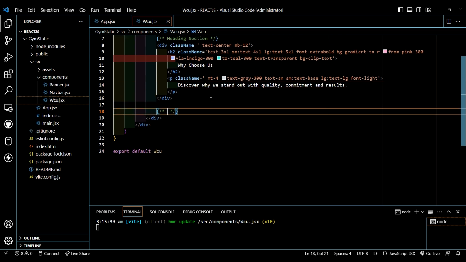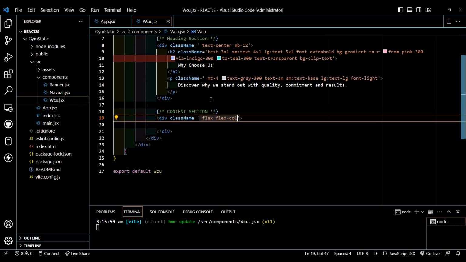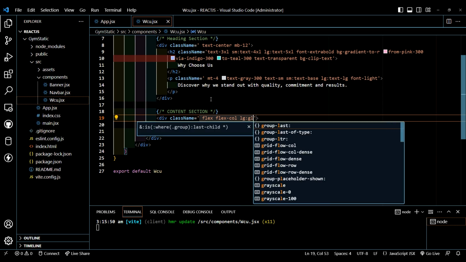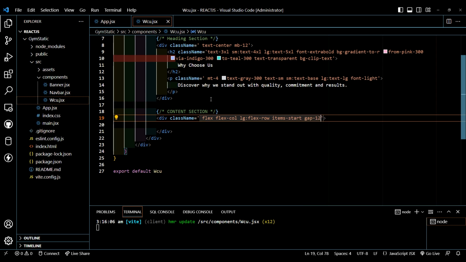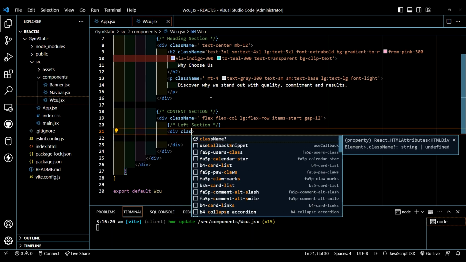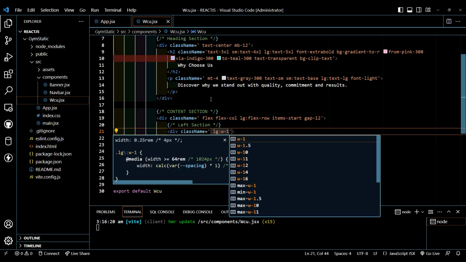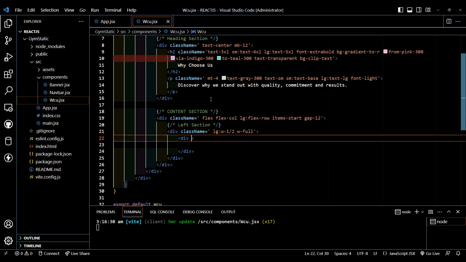Let's create the content section. Let's type div className flex flex-col, LG flex-row, items-start, gap will be 12. Here we will create the left section. Div className LG width will be 1/2, width will be full. Here we will create another div className